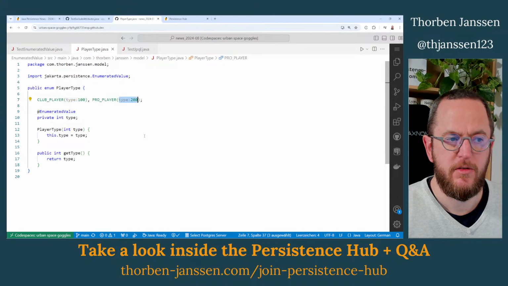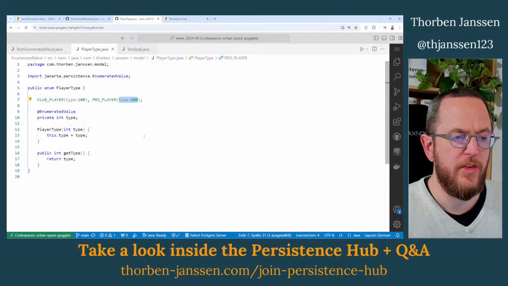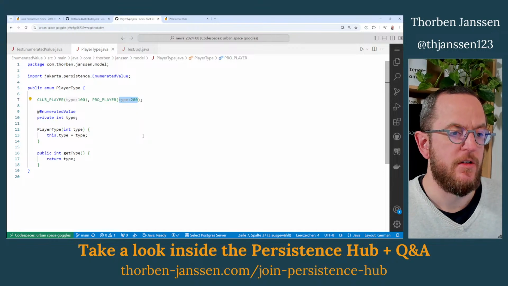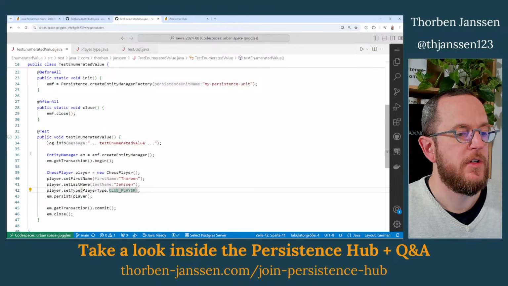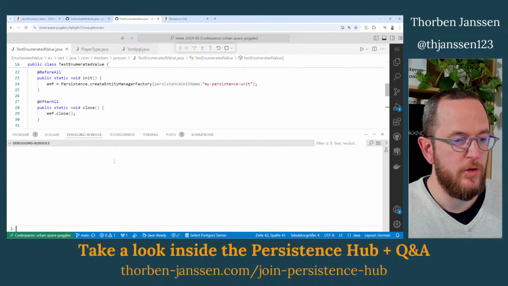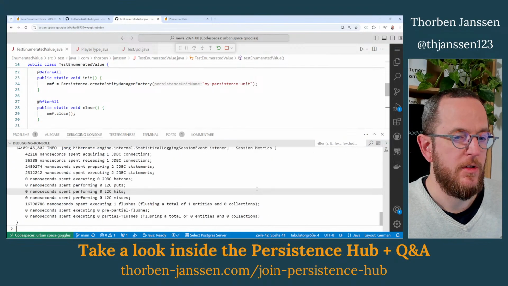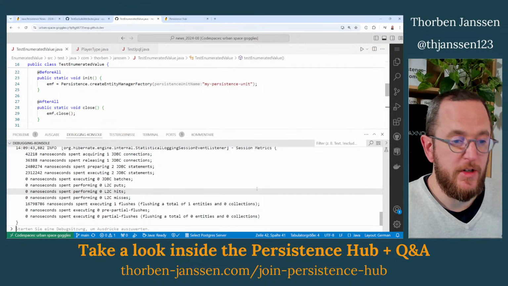See up here, these enum definitions define the different type values, and then Hibernate stores that value inside your database, which is quite a nice feature.